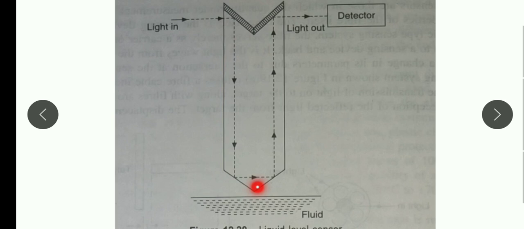So now when this tip touches the surface of my water, the total internal reflection will change, or the intensity of the light that is received will change, because properties of the light change, or the light behaves differently in water and in the air. So the intensity of the light received will change. Okay, and so by this we can detect the level of the fluid. Further, if we want a continuous measurement of level of a liquid, we can use a feedback measuring system.